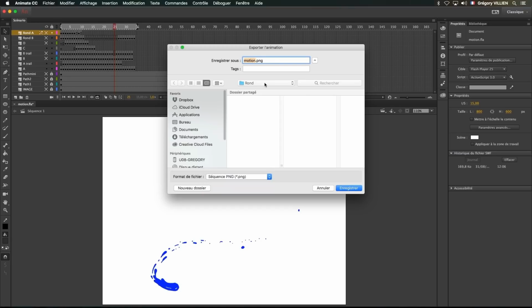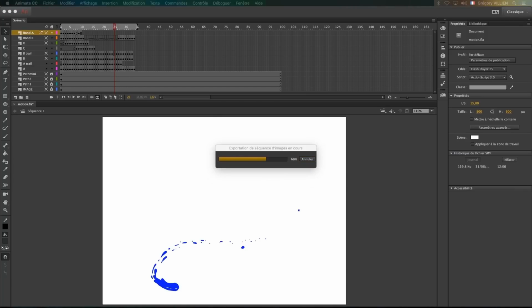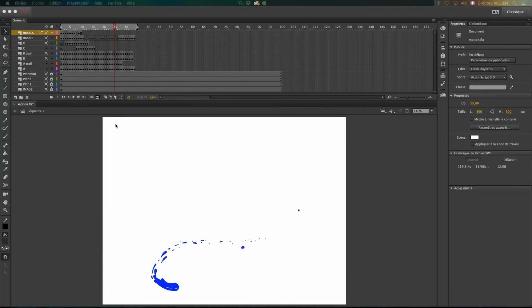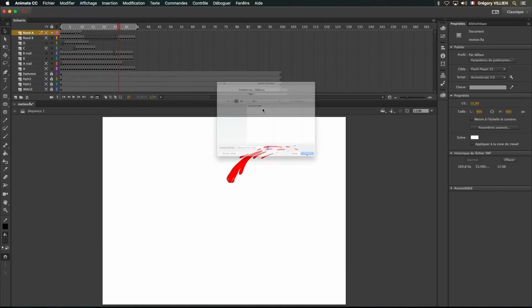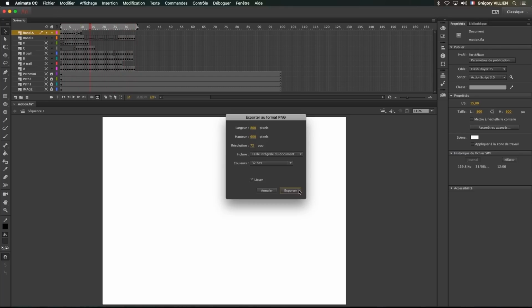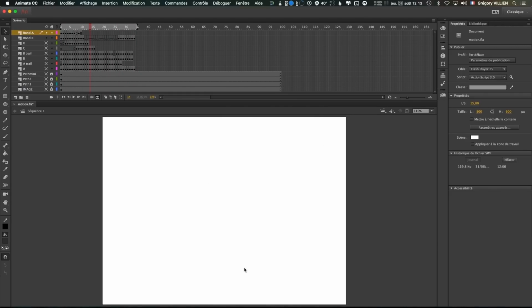Here I just need to select the visibility. I can hide the visibility layer, and I export all the animation of my first direction as PNG. Here you can see the PNG is transparent. It's fine to take it like this, and I'll do exactly the same for this sequence. I select this spiral and all the red sequence, and I export it. Same thing for the ball reactions.